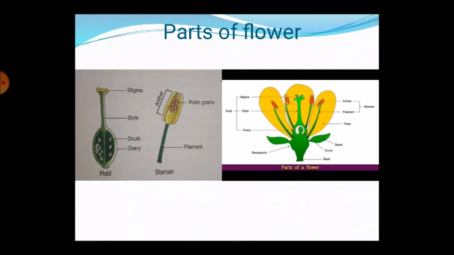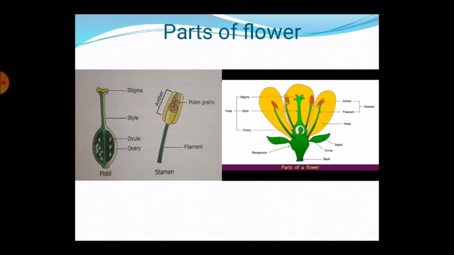Stigma is the uppermost sticky tip of the pistil, which receives pollen grains after pollination. Style is a tube-like structure connecting the ovary and the stigma.